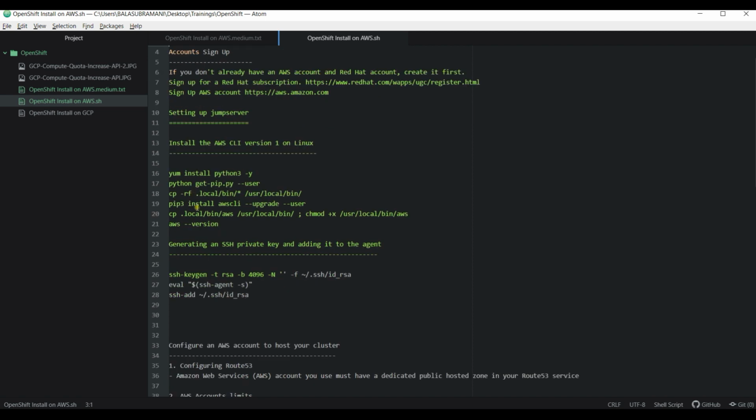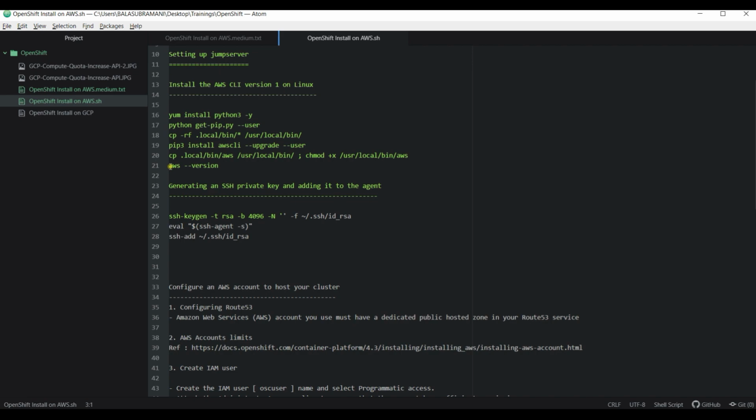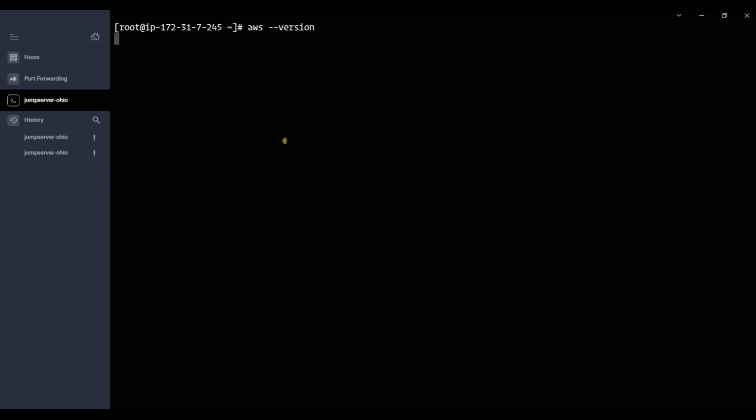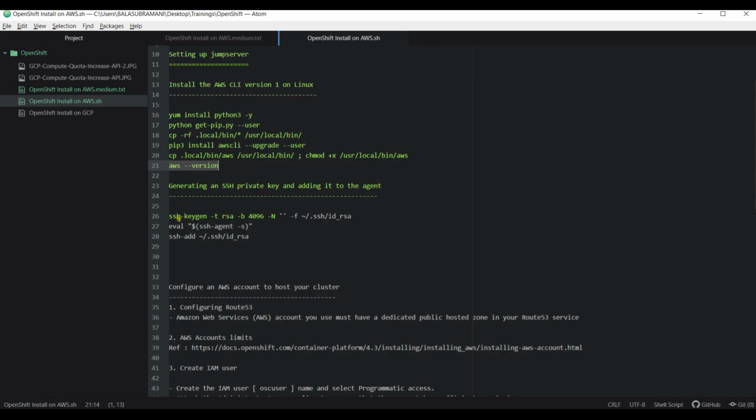In the Jump server, install AWS CLI. I have already installed AWS CLI in the Jump server, and let me generate the SSH private key and add it in the agent.